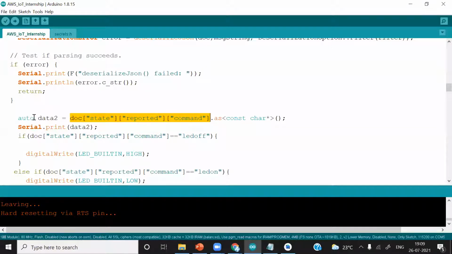So auto will detect the data type of whatever data you are receiving. To convert it into a pure string, we are using this as constant. It is the syntax. You can just type this entire thing, this one, instead of data 2, and you will face some error. It will not print the data. So that is the reason we have added this. You can just check with it. We will provide this code in the resource material.